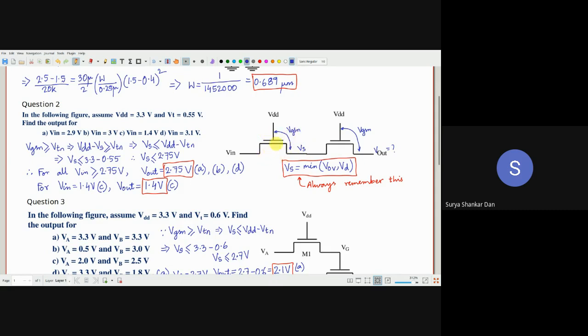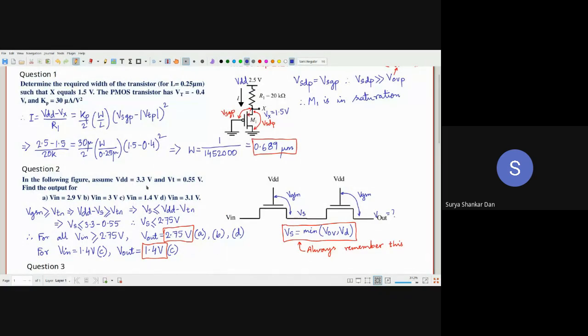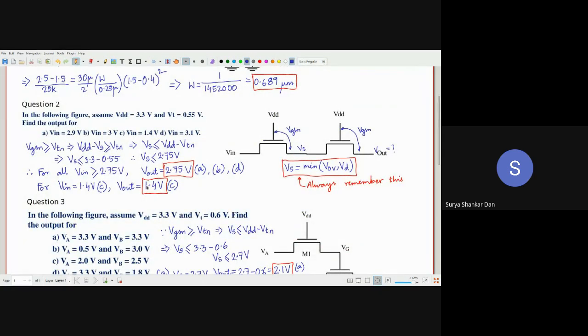Okay, so switch off means in this older technology node of 3.3 volts, as I said, there will be no current. But if instead of 3.3 volts, VDD is 0.55, in the latest 7 nanometer technology node, you will be having currents, but it will be very, very less. Okay, nano amperes of current will come. Okay, so now what you have to understand is that as long as V in, the input voltage, is higher than 2.75, okay, even if instead of 2.75 it is 27.5, still what will your V out be? VS will be 2.75, V out will also be 2.75.